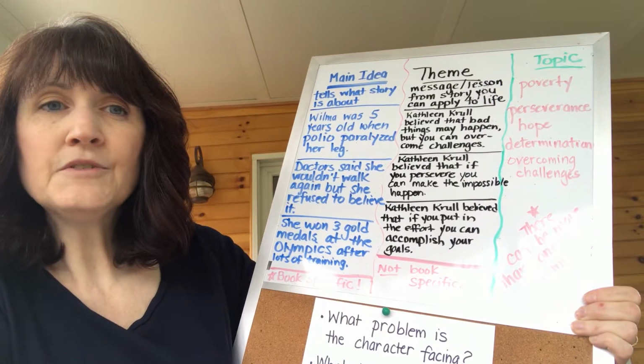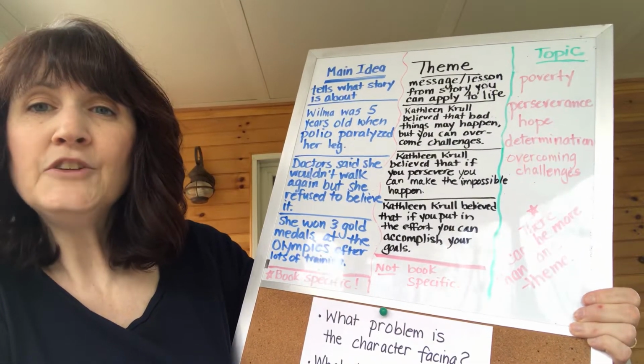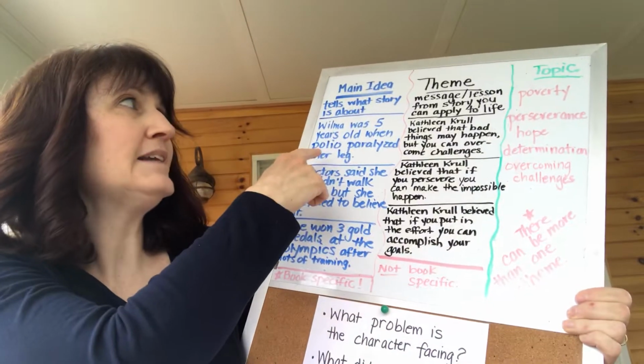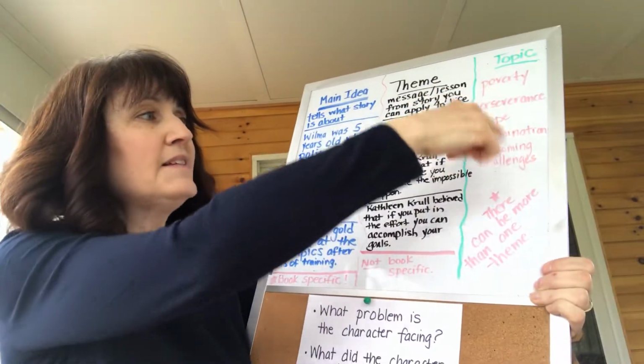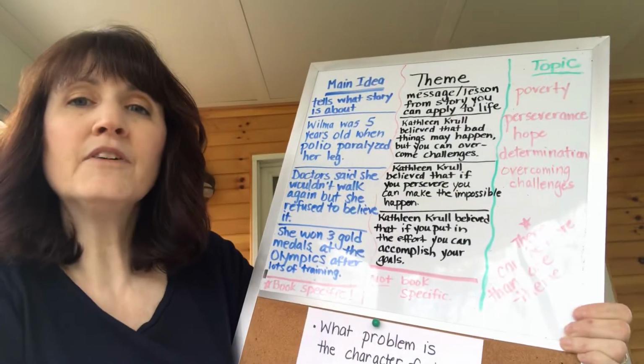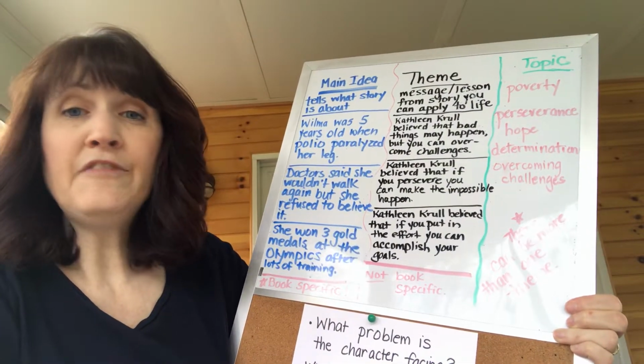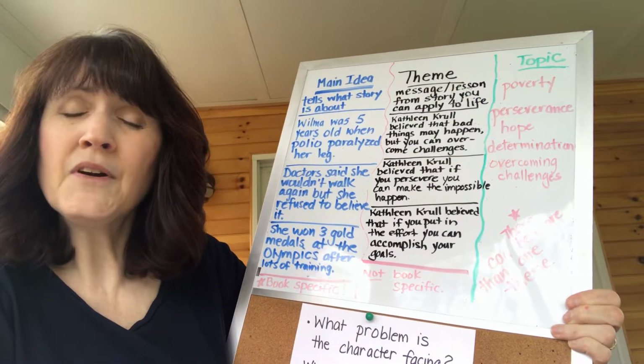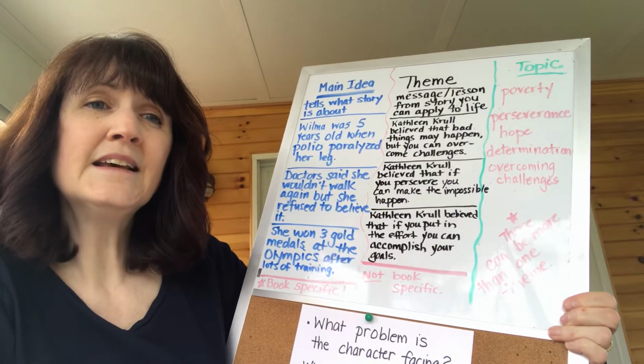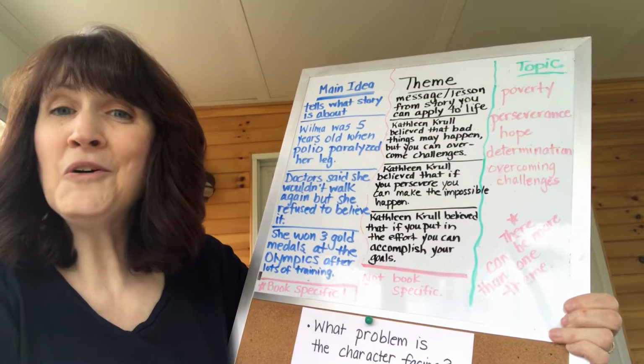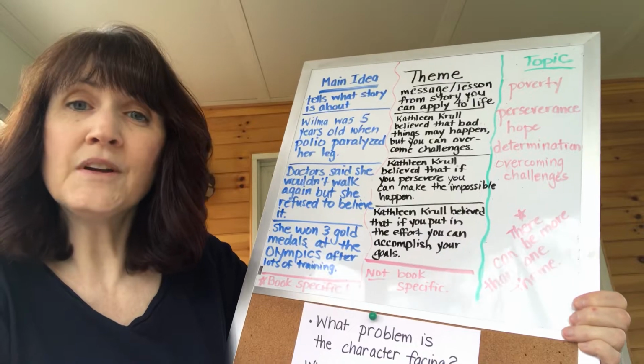So you're going to go to the forms link, and you're going to write your main idea. You're going to come up with a list of some of the topics you think were covered. Definitely family was covered. Her mother rode the bus with her. She had 21 siblings. They took care of her really well at home. So you can think back to the story.